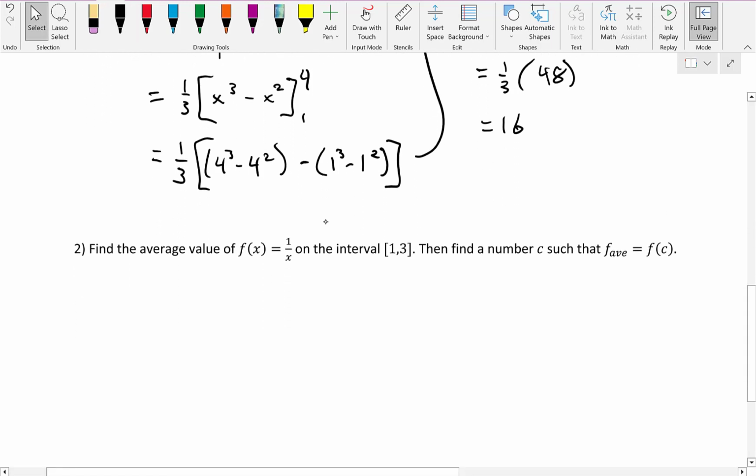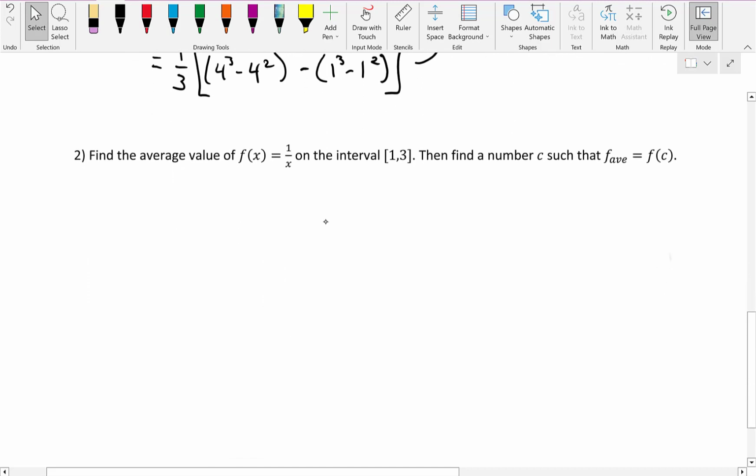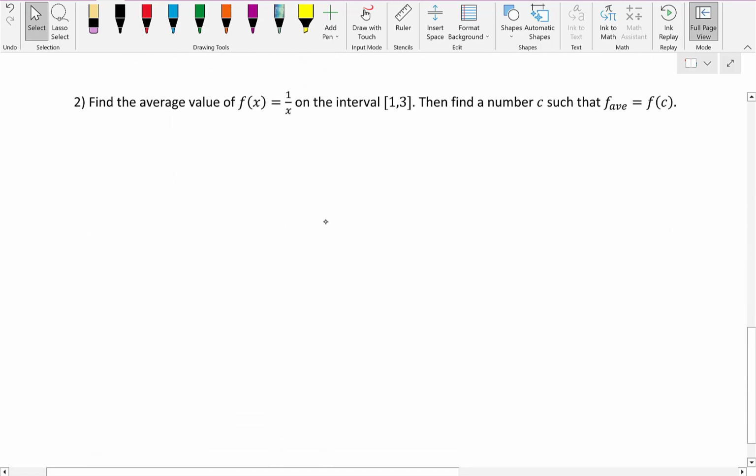All right, for number 2 again, we'll find that average value, and then we'll find the number c such that that is the average value, right? F of c gives us the average value. So we're finding the average value of f of x equals 1 over x on the interval 1 to 3, so it's our a and our b again. 1 over x is discontinuous at 0, but continuous on our interval, so we can find this value. So f of c here